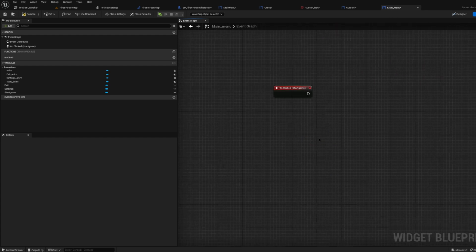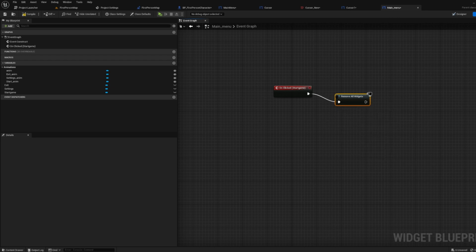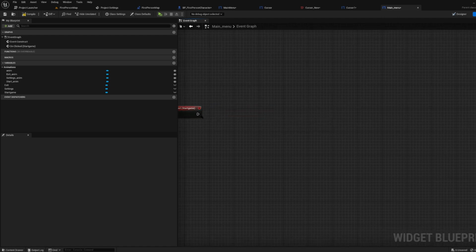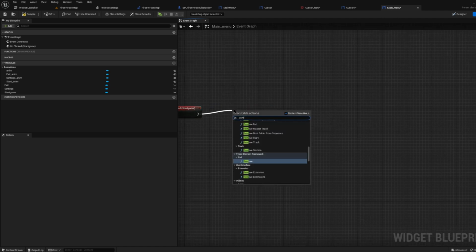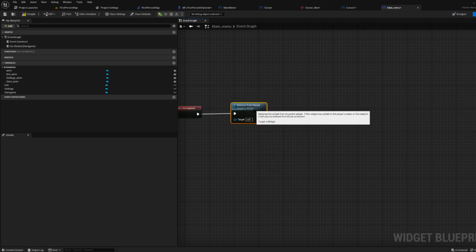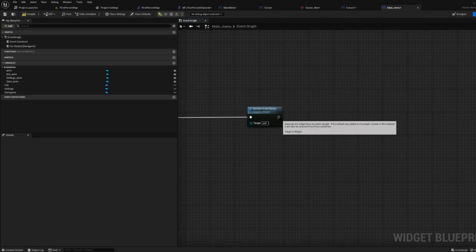And the click is just gonna be, you're just gonna put in remove all widgets for right now. And then we're actually, sorry, I'll just do this better. Remove from parent, there we go. Remove from parent, and then we're going to